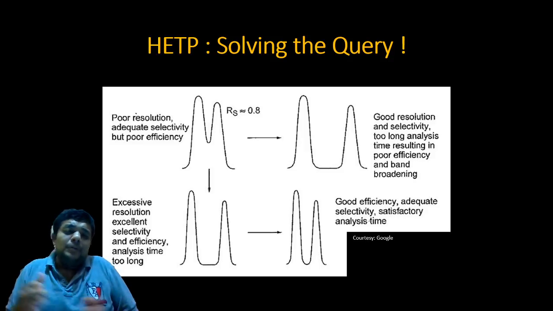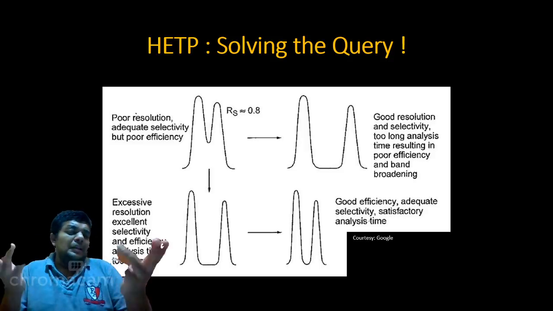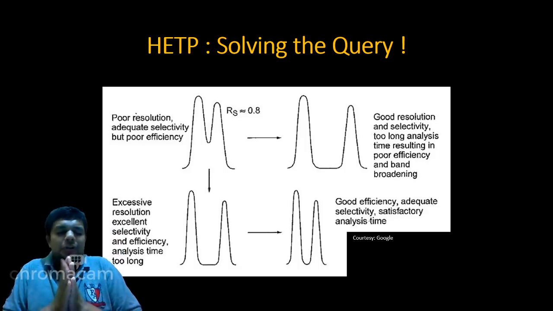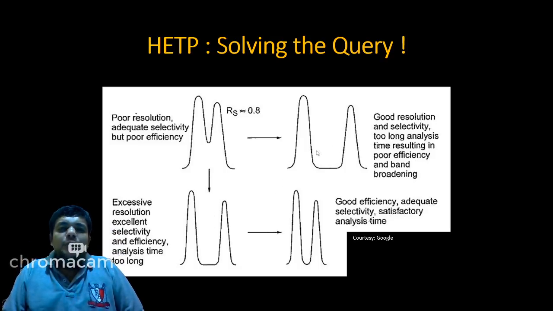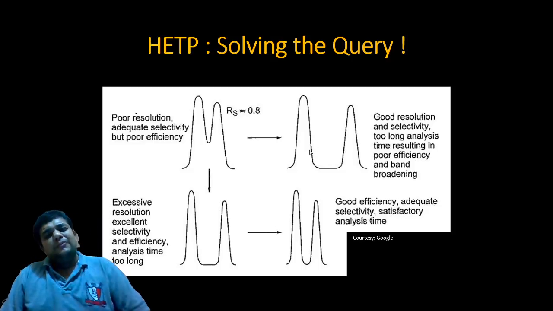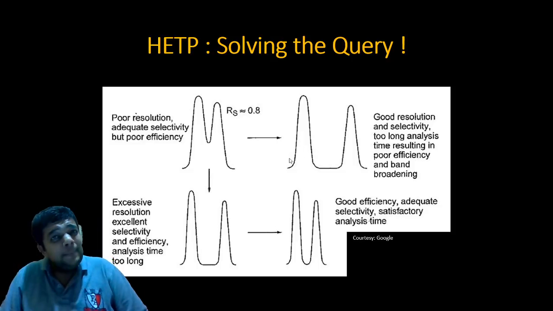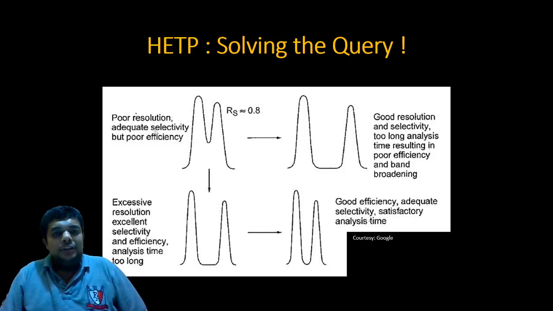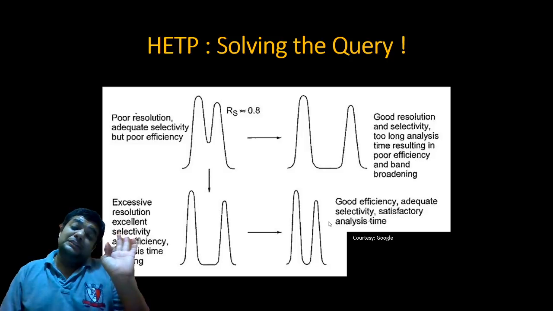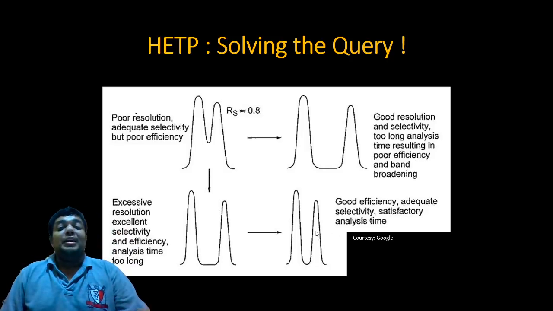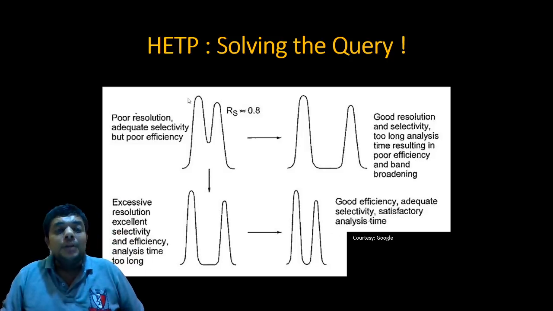But after one compound is coming out, you have to wait for 1 minute and then the second compound comes out. It is not a good sign. So these two pictures are related to very small size of micron, even smaller than required, very much separation. This is very big size of micron, very poor separation. And this is the best size of micron required for this particular experiment. So the best separation. You can see over here, poor resolution, poor efficiency, good efficiency, satisfactory analysis time, good resolution